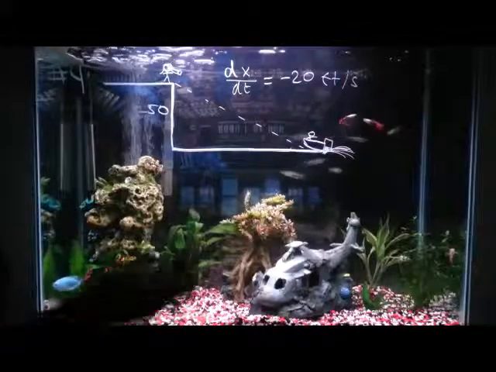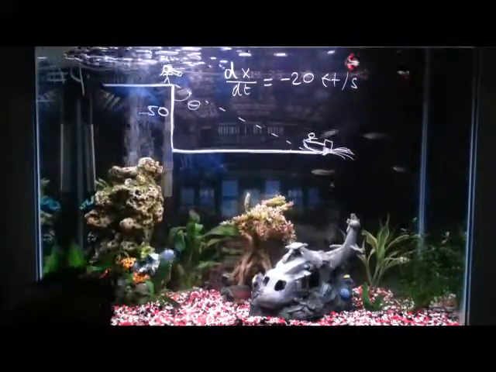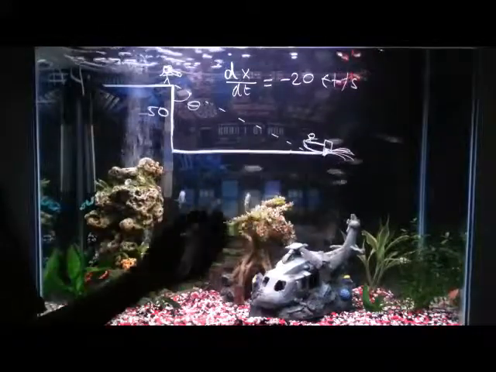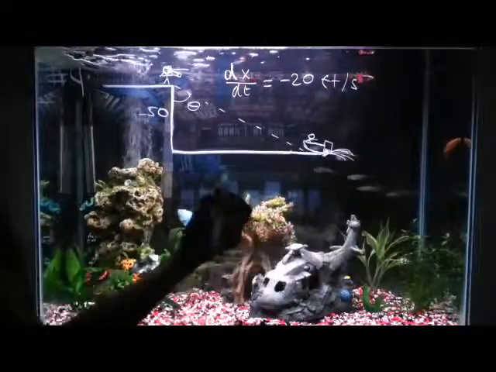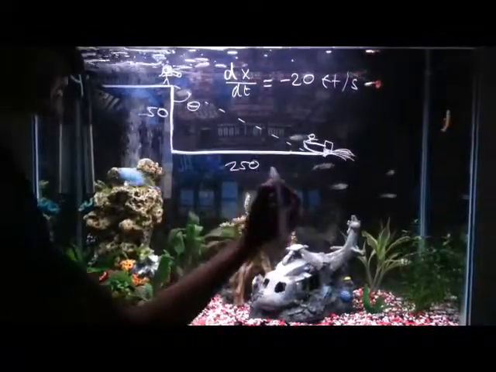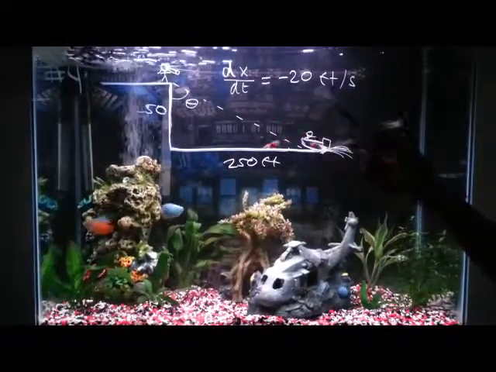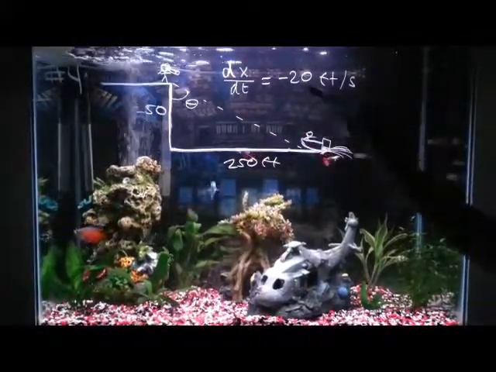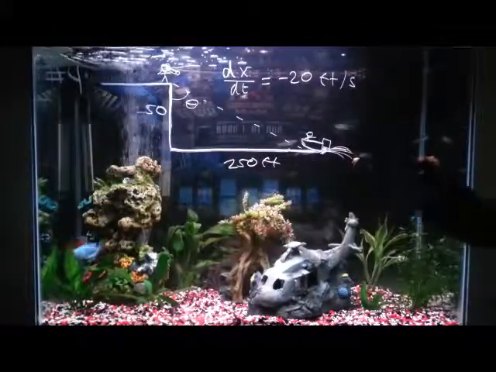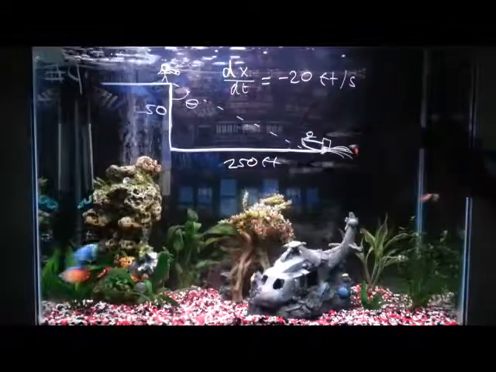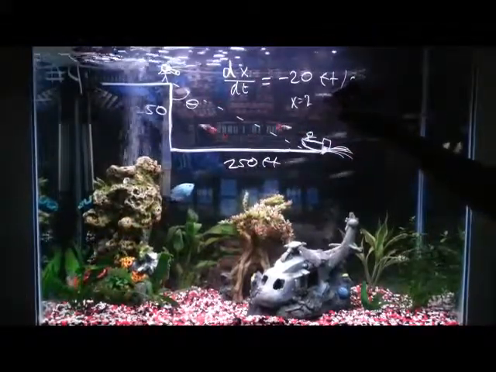And it's asking us to find the rate of change of the angle of her telescope, which is going to be angle theta, when the distance between the base of the cliff and the motorboat is 250 feet. We are writing this as negative 20 feet per second because the distance between the motorboat and the shoreline is decreasing, so we're going to use a negative value. Another value that we're given is that x is going to be 250 feet,